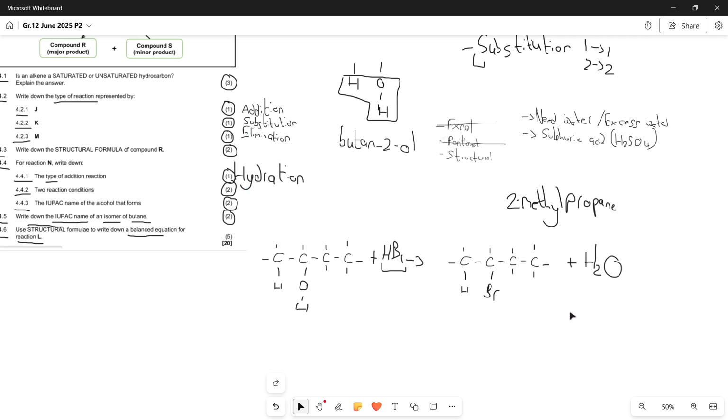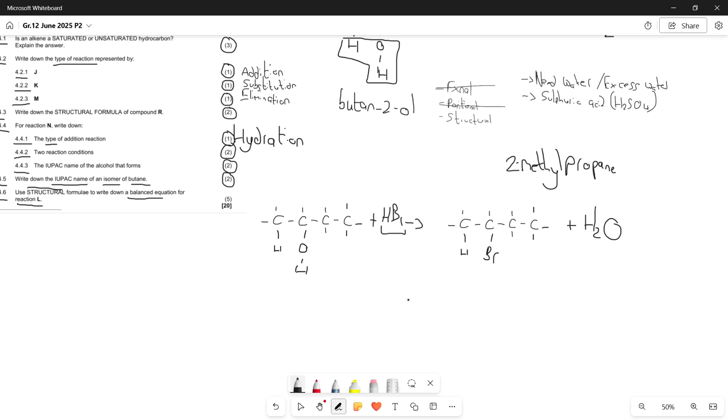Okay, so right now we have written everything. We've written the structural formula correctly where they wanted the structural formula, and we were referring to a reaction Al, and then we just need to see, is it balanced? And if something is going through substitution, we can by all means count all of the H's, all of the O's, all of the C's, all of the Br's. But if something is substitution, it is swapping identically. And that is why we add the HBr here instead of just a Br, because that would make it a